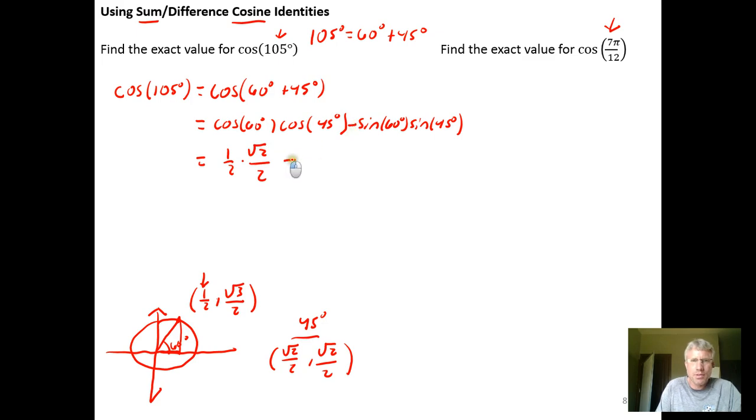And we have a minus, and we have, making me want to double check there, yep, I did it right. And the sine of 60 degrees is going to be the y-coordinate for the 60-degree angle, so root 3 over 2 times root 2 over 2. And I could write it like this, square root of 2 times 1 minus the square root of 3 all over 4. Or I could have chosen to factor the root 2 over 2 out